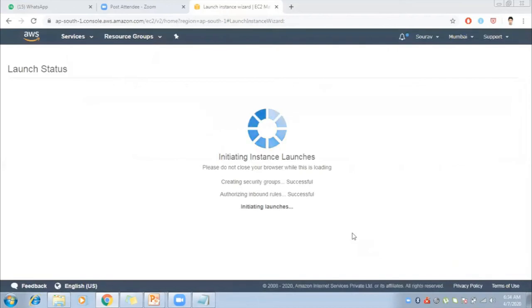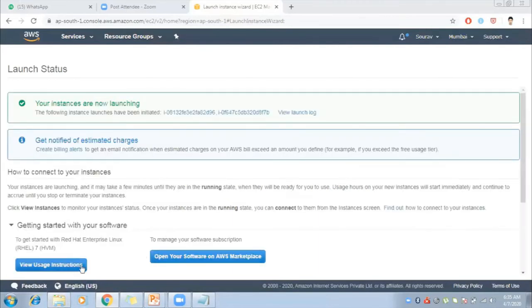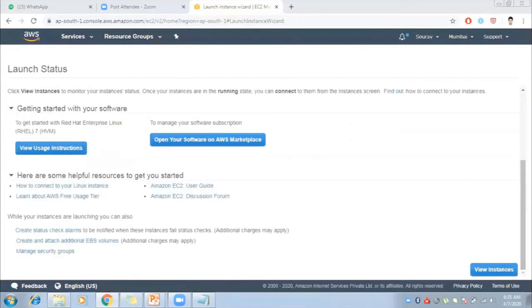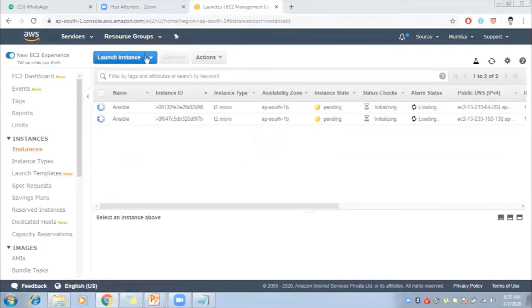I don't have the key pair here. One minute, let me check. I have to launch it again because I have the key pair on the other machine.